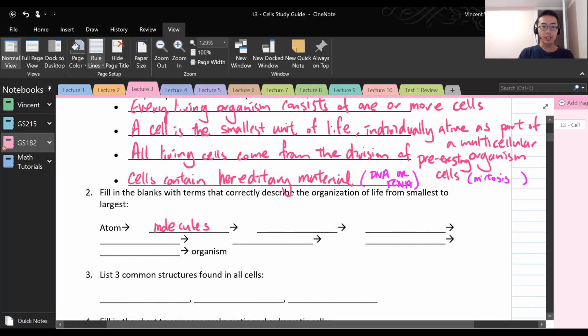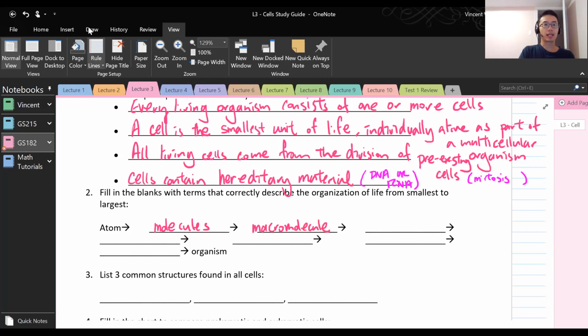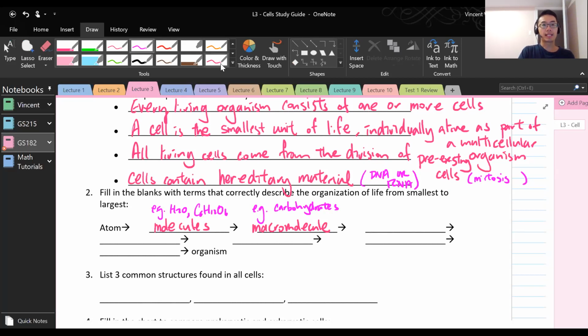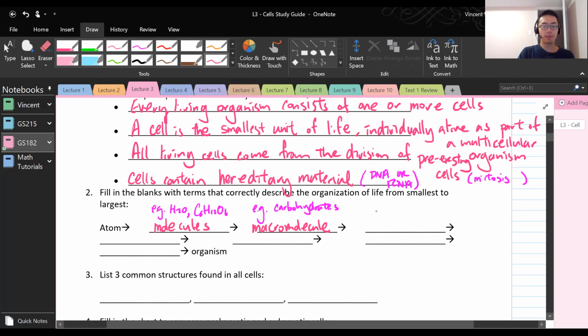So today we're going to move up one more. Oh, sorry, I should put macromolecule first. Macromolecule. Okay. So again, just to refresh your memory, this would be things like small things: water, glucose. Okay, and macromolecules, as you know, would be things like carbohydrates, right? Proteins, so on and so forth. And in today's class, we will move up a level higher, and we're going to look at organelles. Okay, organelles are basically like tiny organs of the body, right?